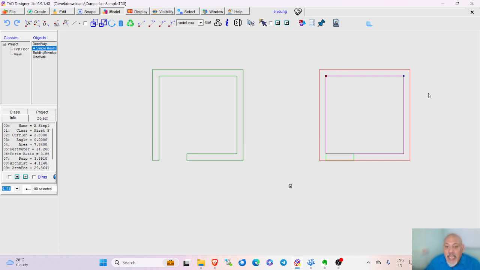Not just that, as you work, because each of these spaces has a logical name, which is listed here on the left hand side, it immediately tells you. It does not wait for you to click anywhere. It knows that this is a simple room, and that area is there. What is the area of the doorway? Click there, and it tells you the area is this.